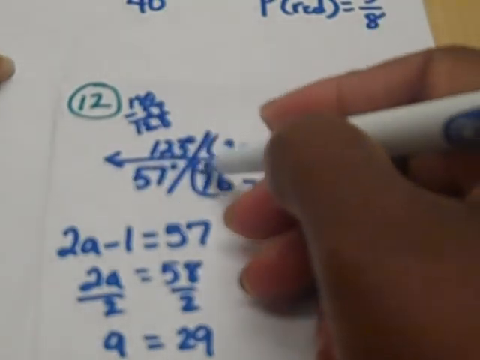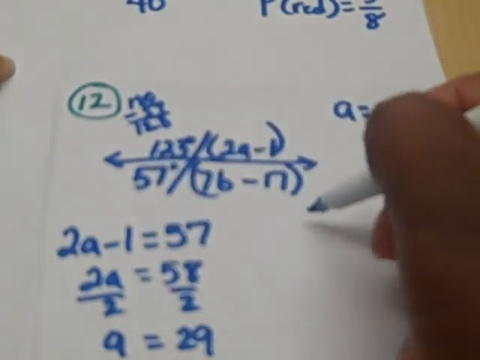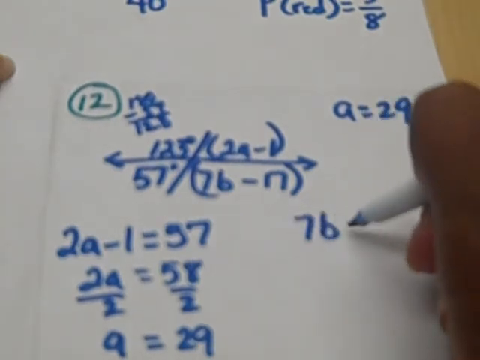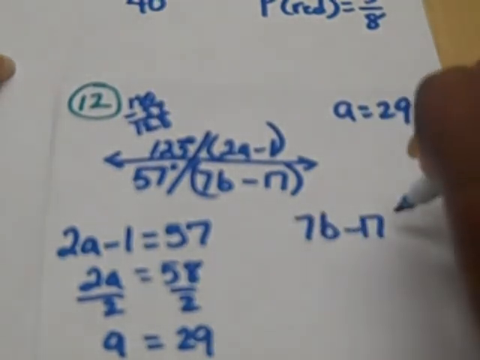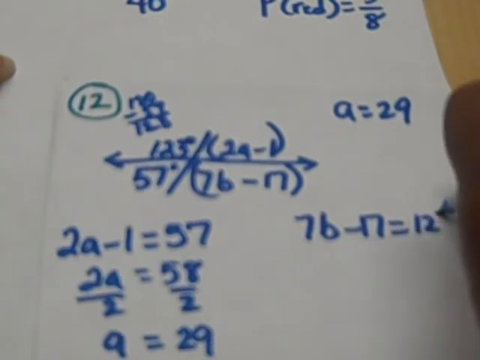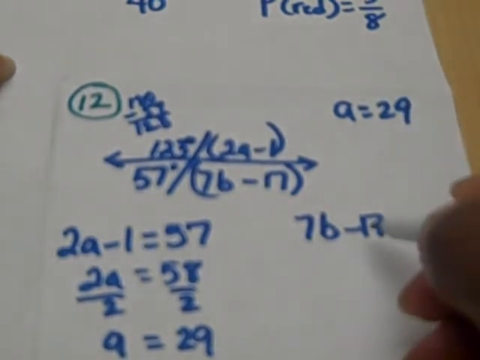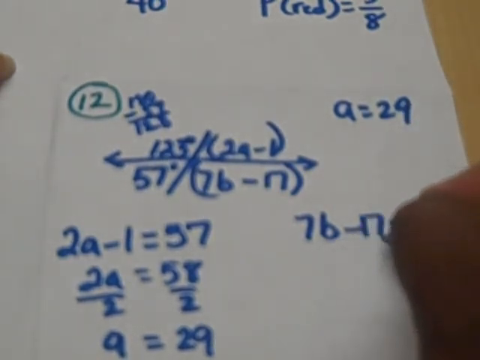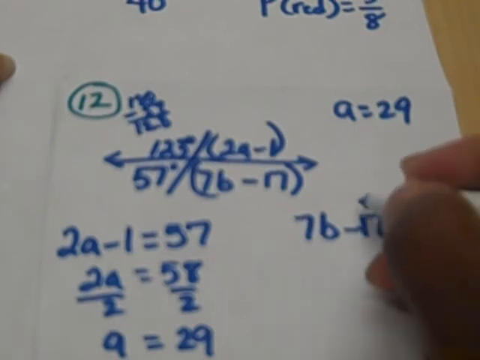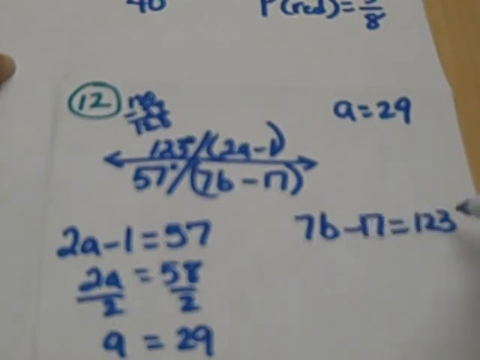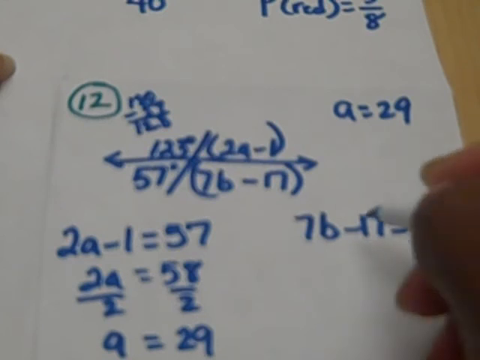So if this angle is 123, then I can do the same thing that I did for A. I can take this expression, 7b minus 17. Since it equals 123, I can set it to 123 and find out what B is. I have minus 17, so I'm going to add 17 to both sides so I can remove 17 from this side, but still have it and add it here. So we have an equal